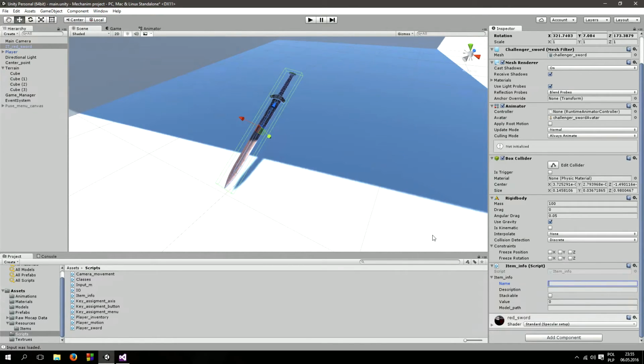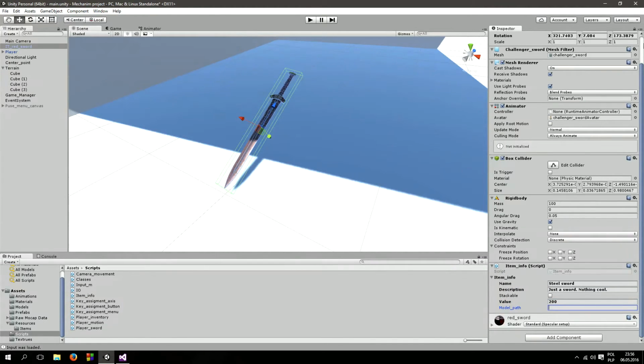So name is, of course, let's say steel sword. Description is just a sword. I think it's shorter. Let's say it's worth 200 gold,